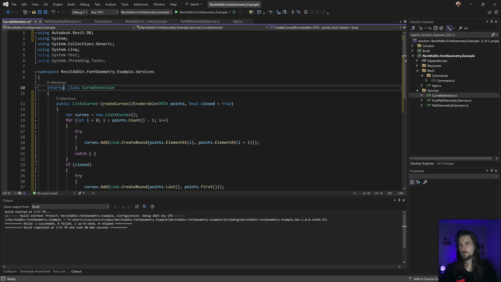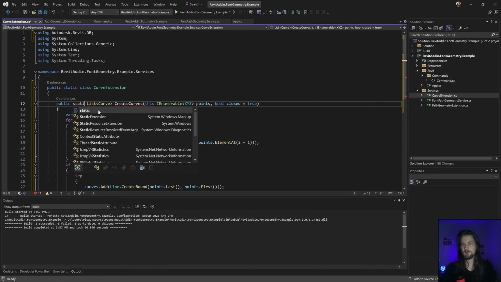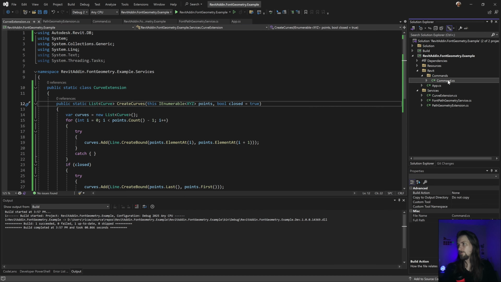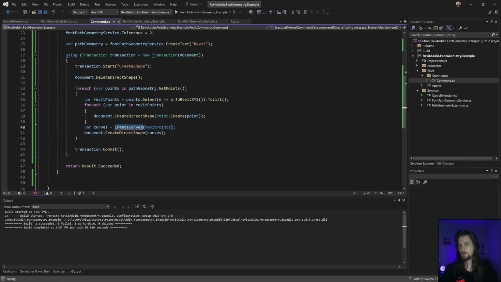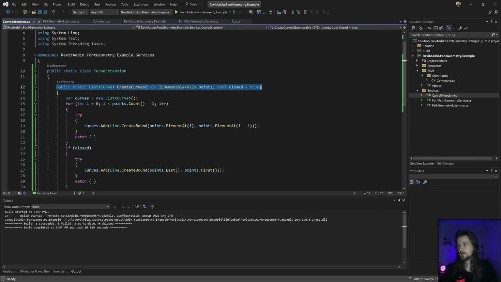It's kind of strange, but it's gonna work. This is a public static. And this I need to do this. And this is gonna be static as well. So now if I go in there, I can basically convert this to create curves. Yeah, could be a better name, but this is gonna work fine. And with that, I can do the same thing.